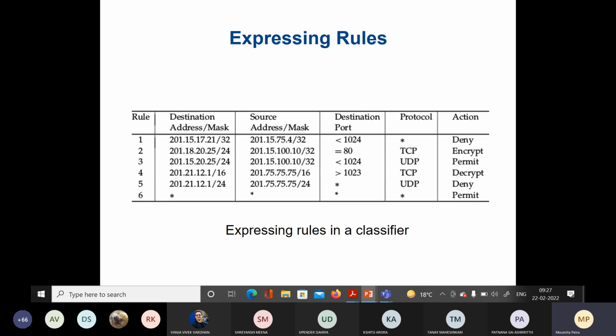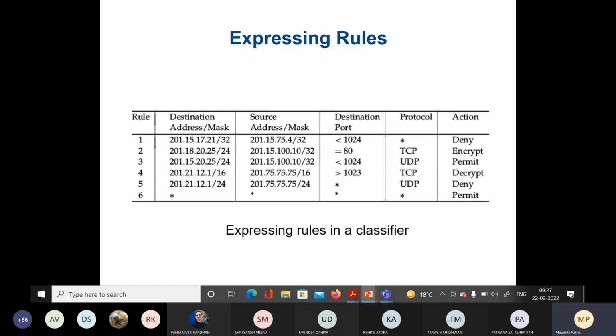We were just looking at the destination address and the prefixes present at the router, so you were just trying to find the best matching prefix there. Okay, so that was in that case. Whereas in this case, we have different rules. The rules can have different fields. Now, depending upon the type of matching that we want to do with respect to the values of different fields,